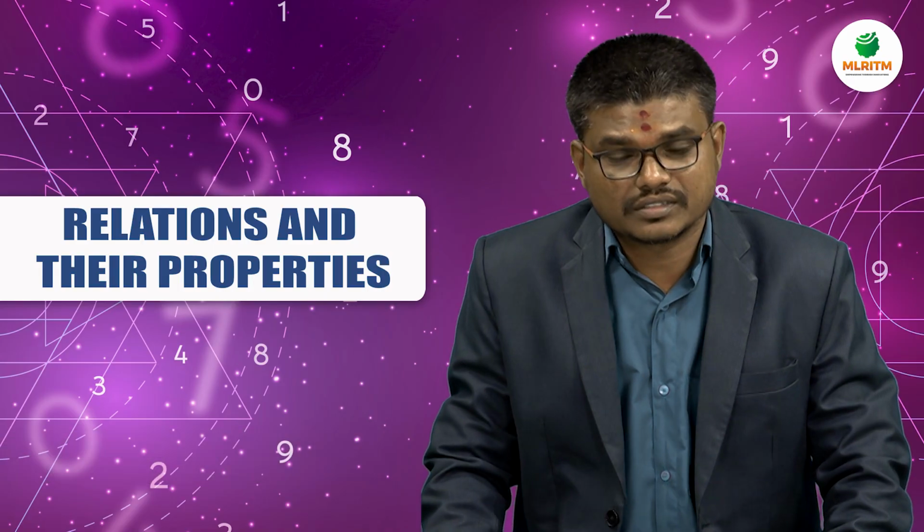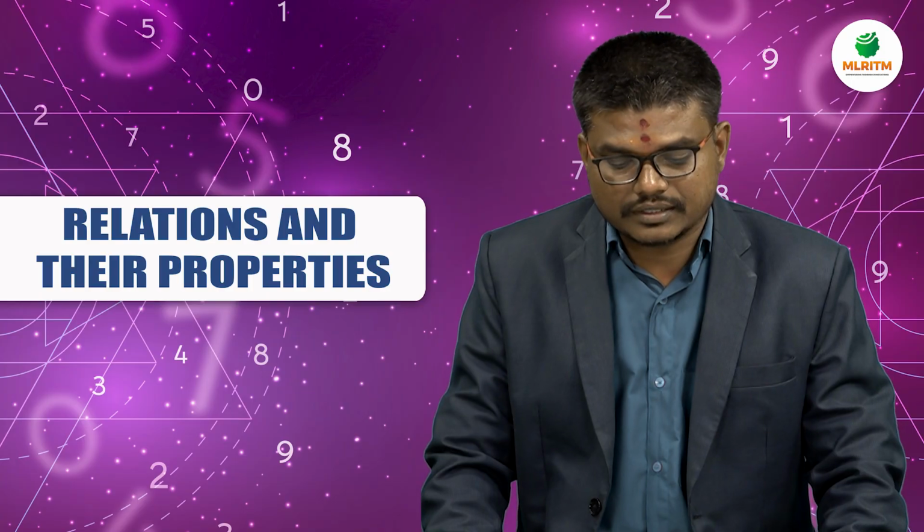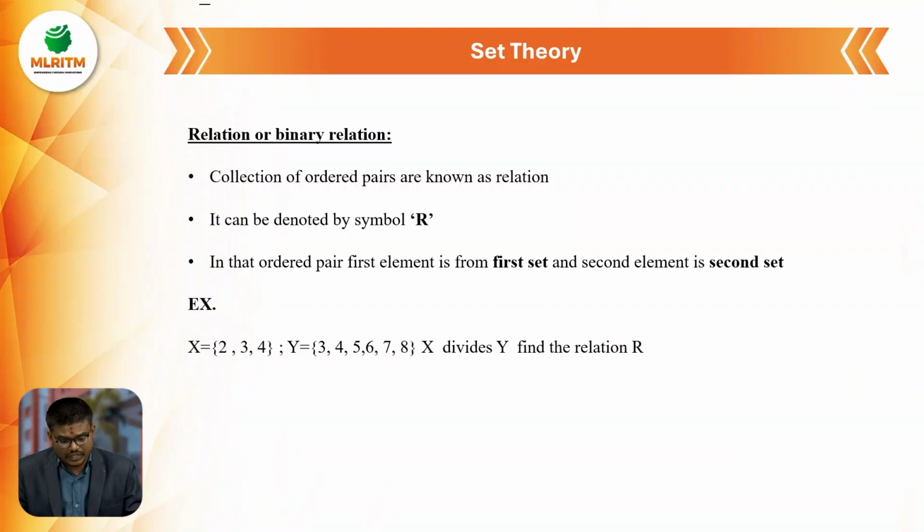So today we discussed set theory, and relations and their properties. What is a relation? A relation is a collection of ordered pairs. It is denoted by the symbol capital R. In the ordered pair, the first element is from the first set and the second element is from the second set. For example,